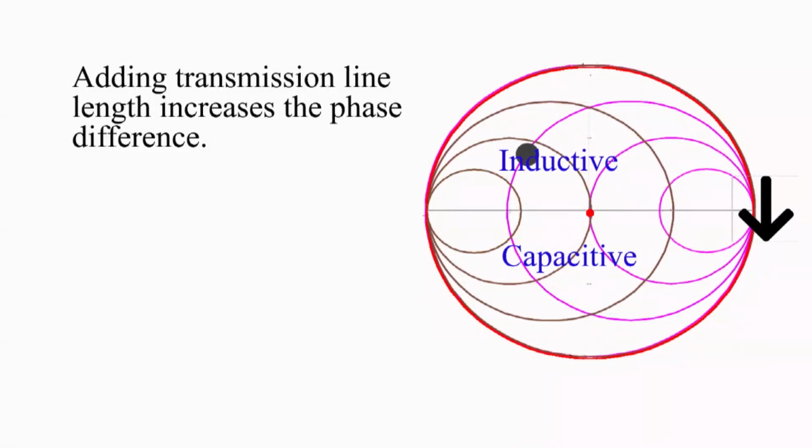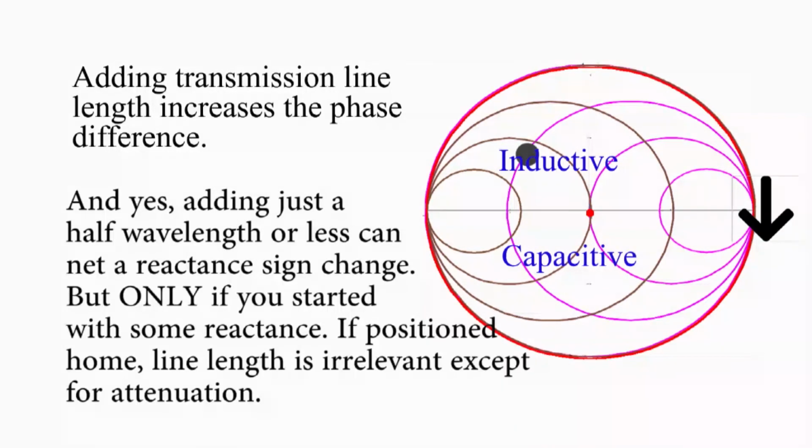While the distance as the crow flies to home plate does not change, adding coax does change the vector impedance